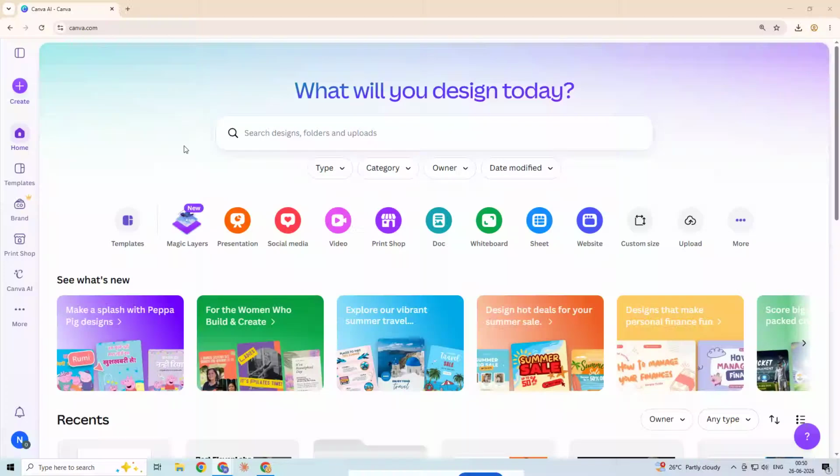If you've ever wondered how to save Canva AI generated images, you're in the right place. In this video, I'm going to show you the easiest way to create an AI image in Canva and then download it to your device in just a few clicks. This is perfect if you want to make custom visuals for social media, presentations, thumbnails, blogs, or any creative project